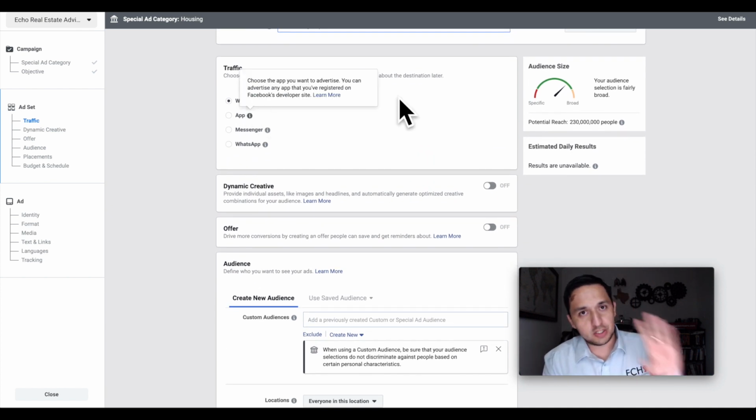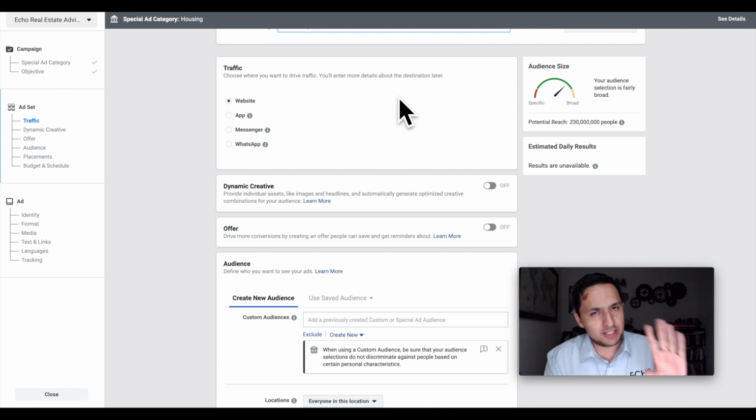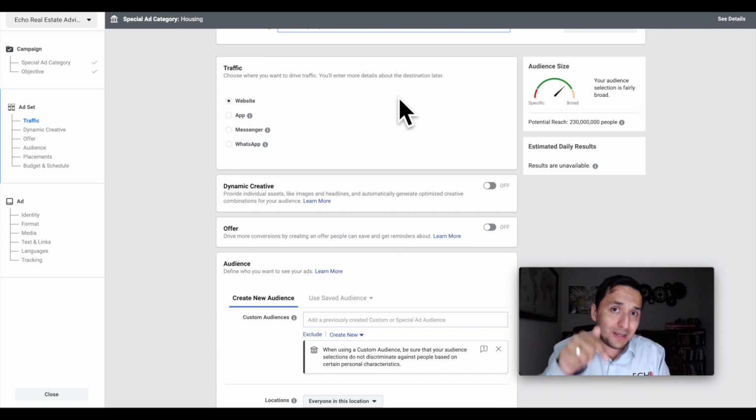If it's your traditional website or a landing page, I highly encourage that you use a landing page, not an actual website, because you don't want to confuse your audience. You want to offer something on your ad and then deliver on it as quickly as possible. So I recommend that you get a landing page. If you're looking for ideas or if you're looking for the exact landing pages that I use, they will be linked in the description down below. Feel free, you're more than welcome to use them.